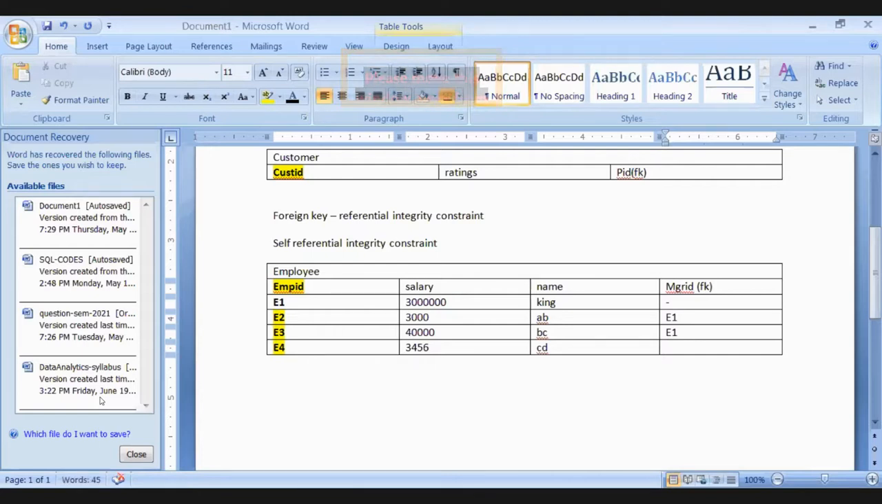is actually employee ID, and employee ID is the primary key. So manager ID is referencing employee ID. Manager ID, MGR ID, is the foreign key. The foreign key always references the primary key of the parent table. So MGR ID is referencing